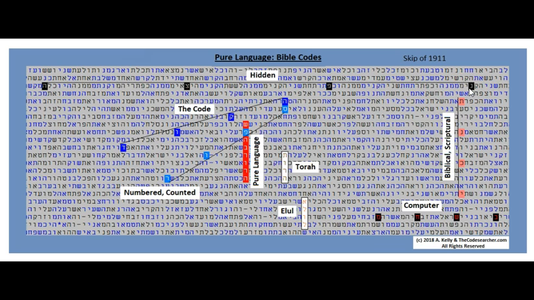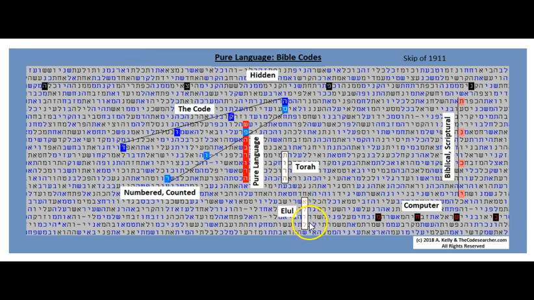Let's see. Right, it starts with the Hey. Hazaphone. And then we have code, the code. And numbered or counted, Sefer, and it's sharing the pay in the access term pure language. Torah is going down in the brown there.